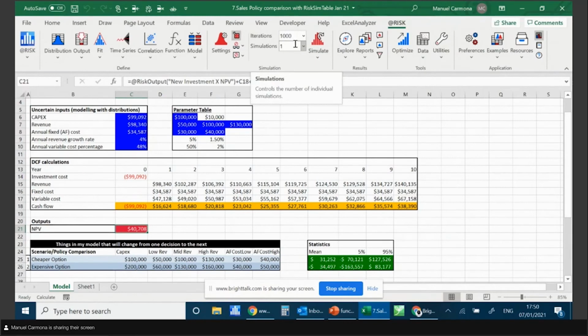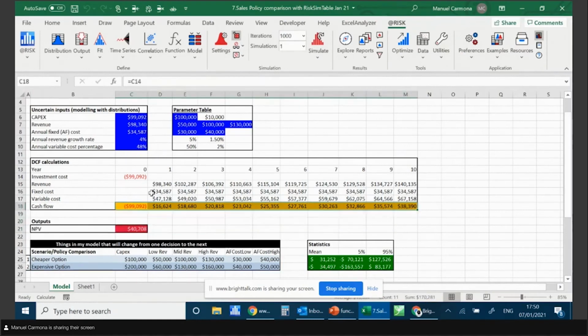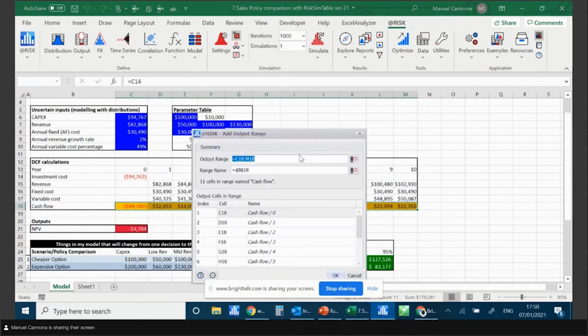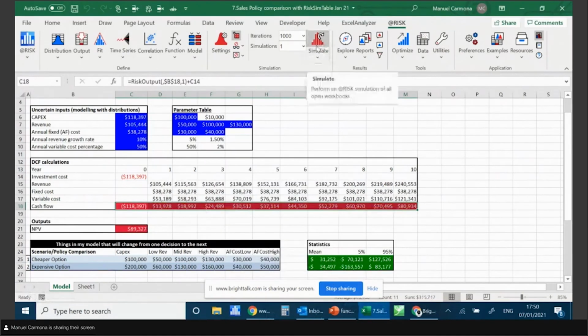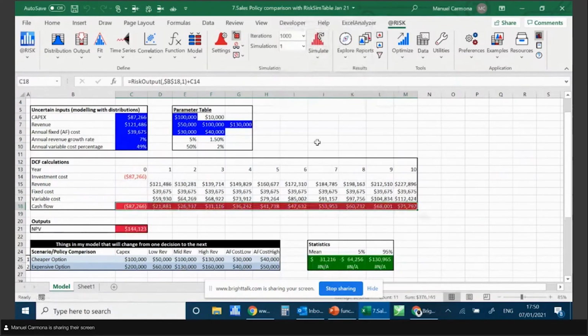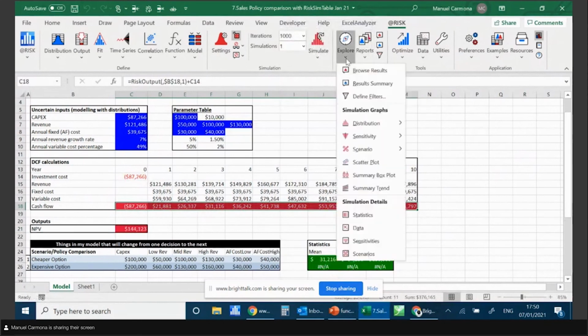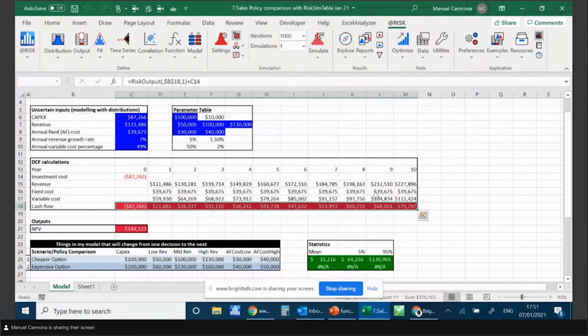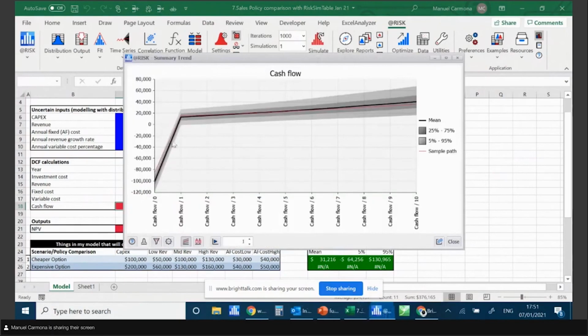Let's see now a couple of features as well, which are very useful. I can, for example, these are the individual cash flows at the end of the year, right? If I select those as outputs, in addition to my NPV output, then when I run the simulation, I will be able to get a couple of graphs that some users might find useful. For example, explore summary trend. Here you can see a propagation